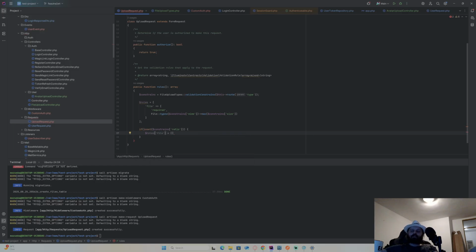What file? Almost. Let me just see here. Have rules of file. Yeah, it's just an array with. It just can be next basically, and it's going to be constraints of ratio. And now I'm just gonna return rules. That's it. That's how file upload works. For now, the rules are dynamic. I load them by type, which is present in the route, and then get mime, get size, and get the constraints if necessary, depending on the file type.